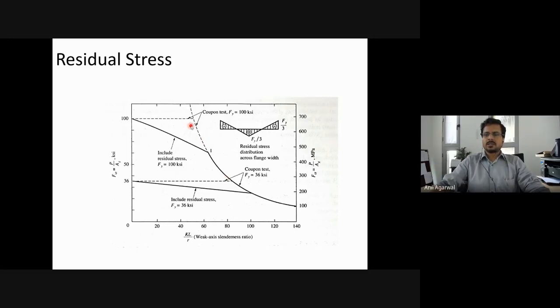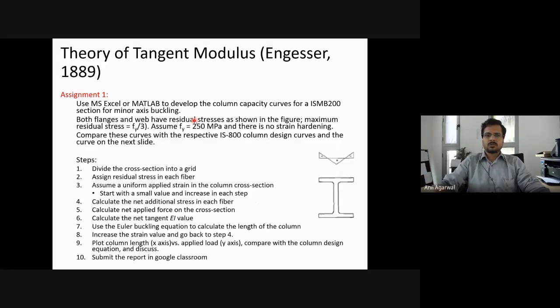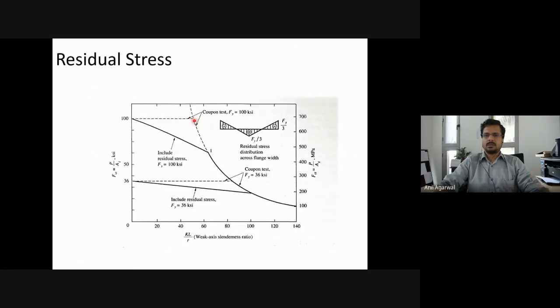So basically, the residual stresses were accounted for by using this. It is also known as the tangent modulus method or the double modulus method. What it says is that the modulus of material changes once it yields, and if you account for that effect, then the actual behavior of a perfectly straight column in compression can be accounted for. So instead of a theoretical curve, you will get something like this, and that is with an assumption of this idealized residual stress distribution.